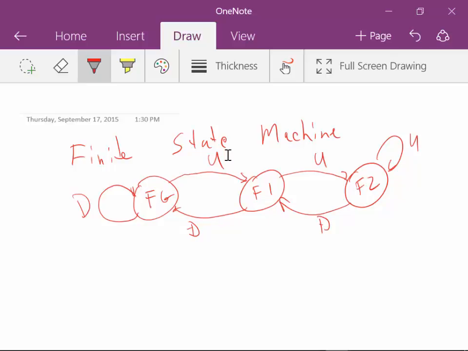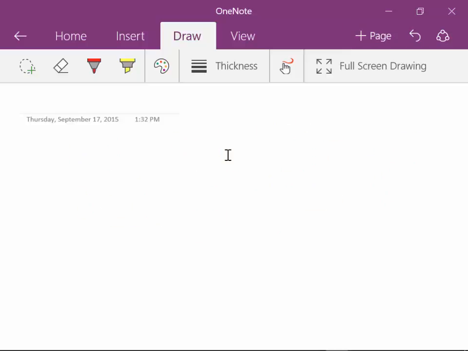Now, in our elevator, there's no path between the second floor and the ground floor unless the cable breaks. In other words, we're assuming we can't go from floor 2 to floor ground without going through the first floor. So that's a very simple elevator, and that's one example of a finite state machine, a very simple one. What we're going to be looking at here is designing finite state machines using flip-flops. Another example of a finite state machine: